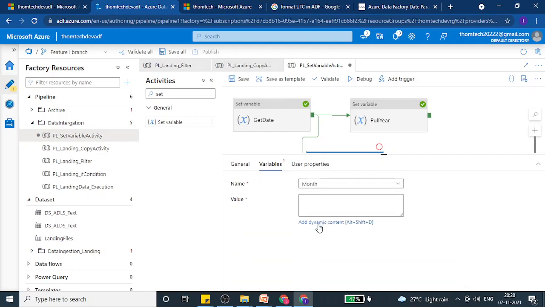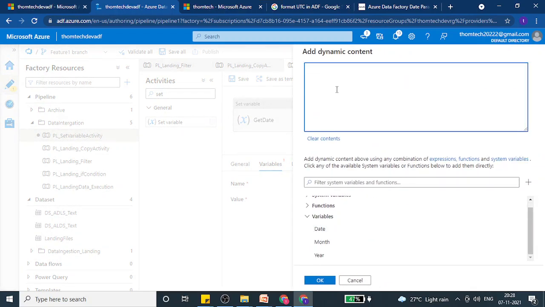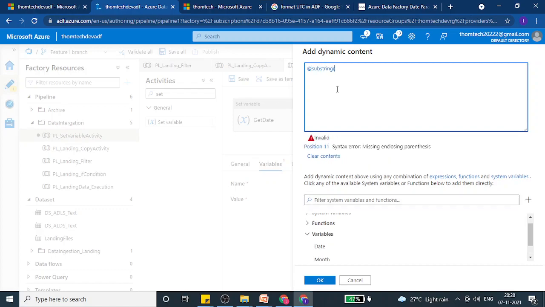Click on month, add dynamic content, and once again let's make use of substring, pass our variable and give the index values. The index value is going to be 3 comma 2.